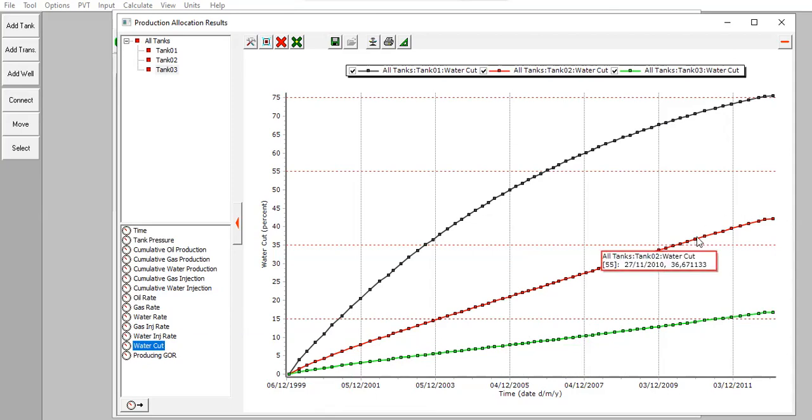Again, you can do the plotting, the same plotting technique for other parameters. Okay, so far so good. So we can say that our production allocation is successful. Okay,